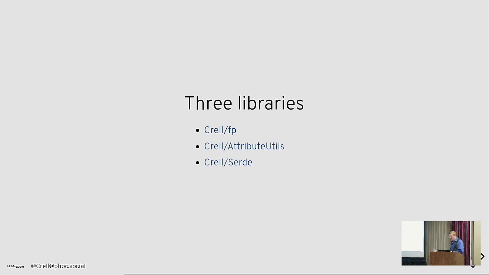Don't have time. One is a way of handling attributes in PHP in a much more robust way that provides a ton of features on top of core attributes. Not going to talk about that in detail. See me after if you'd like. And then Serde itself, which is the serialization library. All of these were built, the project was started during the 8.1 beta cycle. So this was some of the first code written for PHP 8.1.